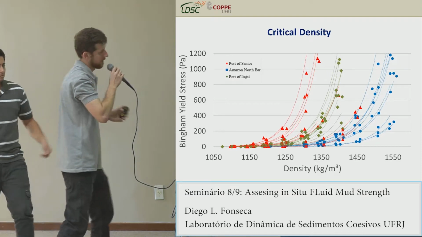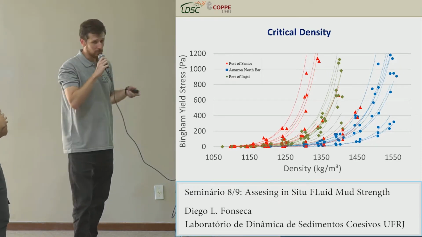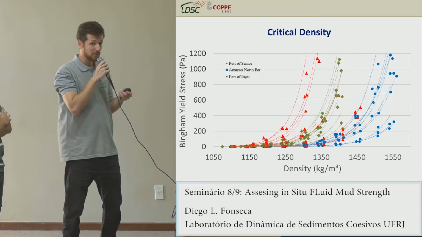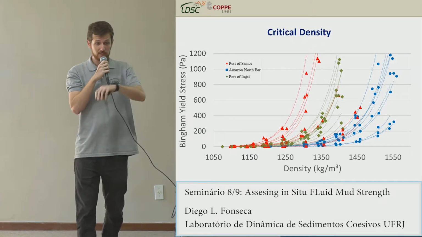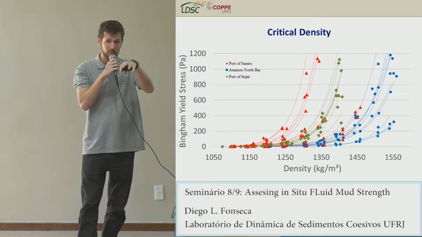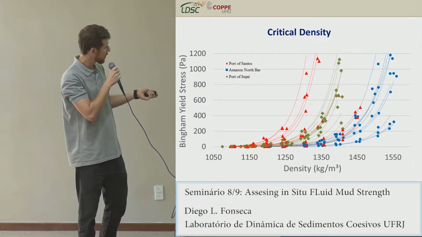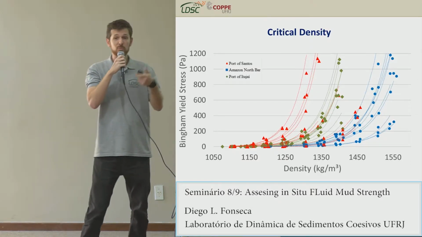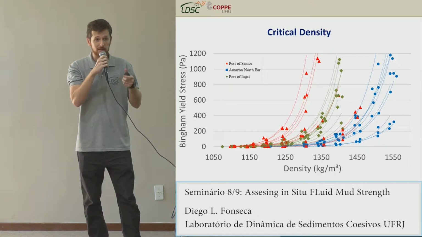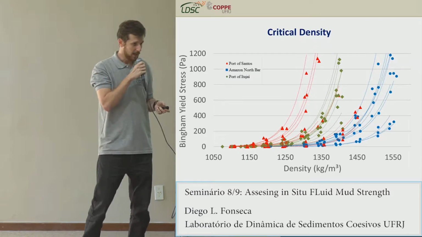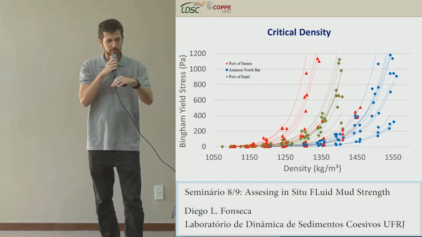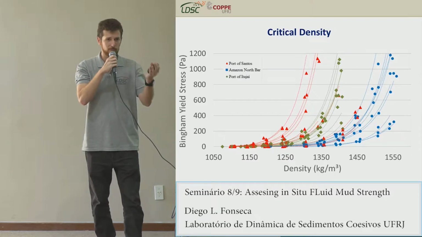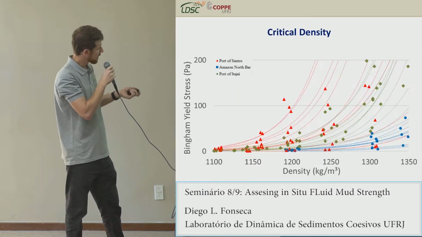So, what can we conclude from all these results? We can see that the samples are really different between regions, and even within the same region, such as Santos, they are really different. But if you want to discuss this critical density only from a rheological point of view, if you remember the table that many of the presenters showed you about different ports in the world, we can zoom here,